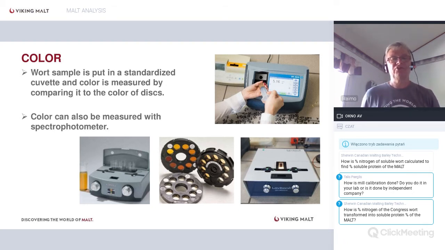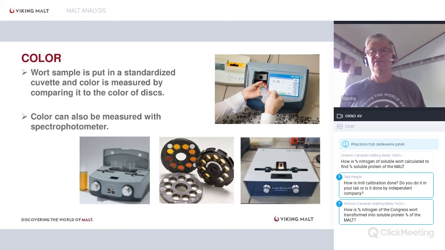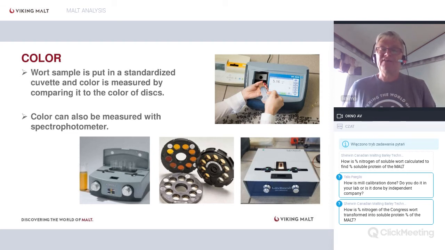We have certain cuvettes, and you can see in the middle picture, in the lower row, there are the rolls with different colors, and you use this with a comparator, and you put the wort in a cuvette, and then you find out with these rolls what is the match, and then maybe it's directly the color, or if you have some dark wort, you may have some dilution factors, and then you can multiply to get the right color, what you find from these